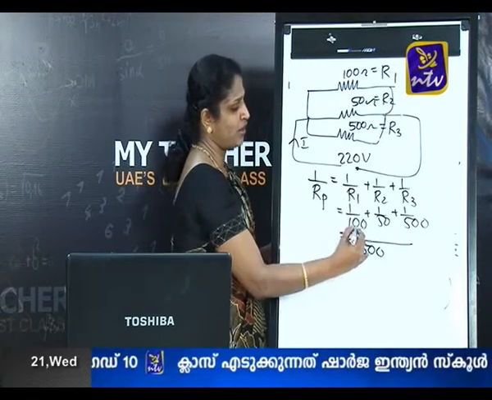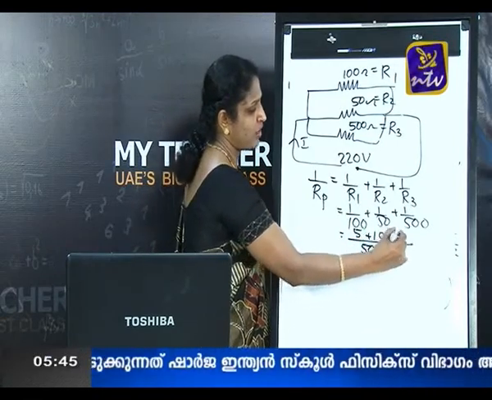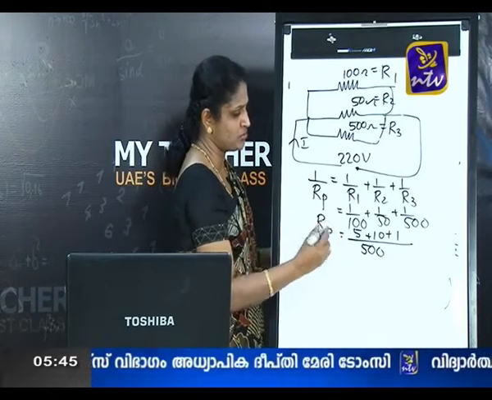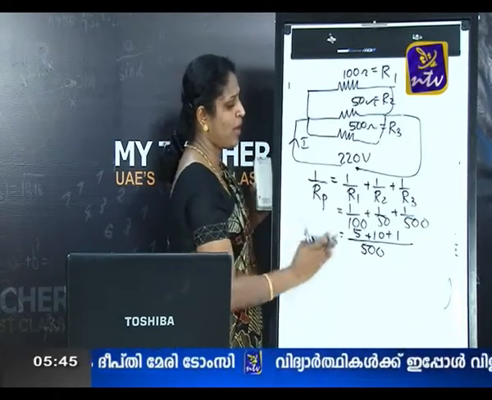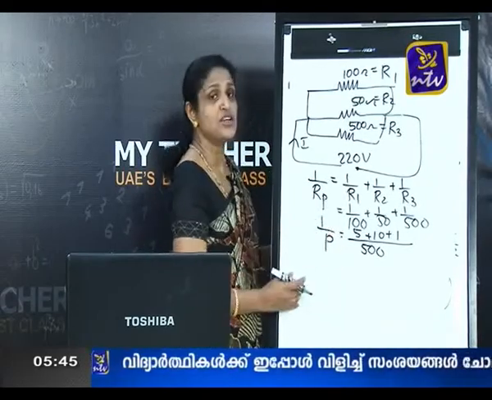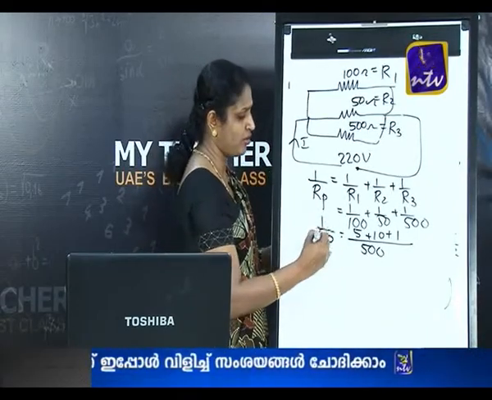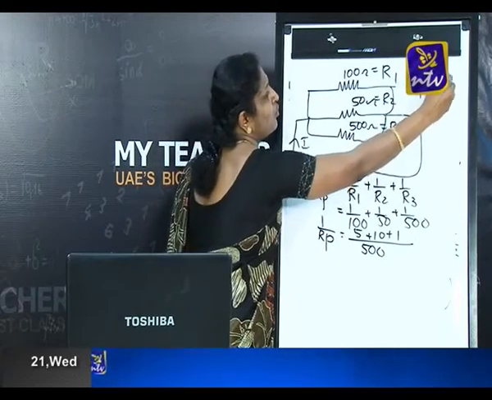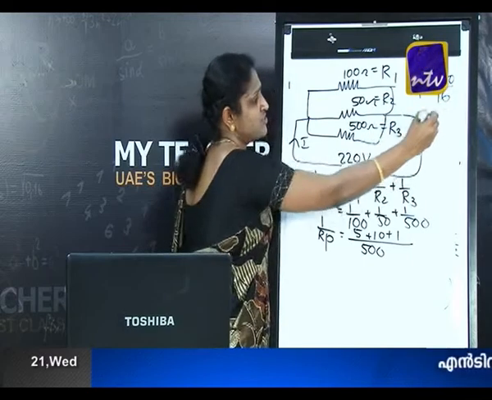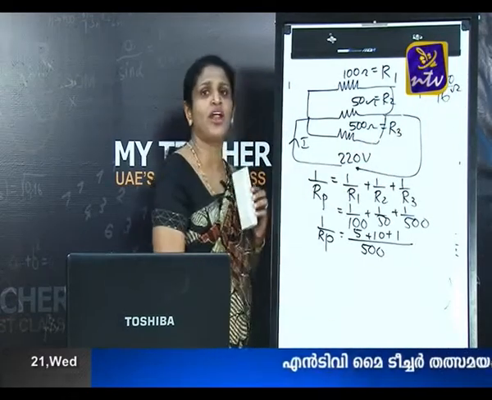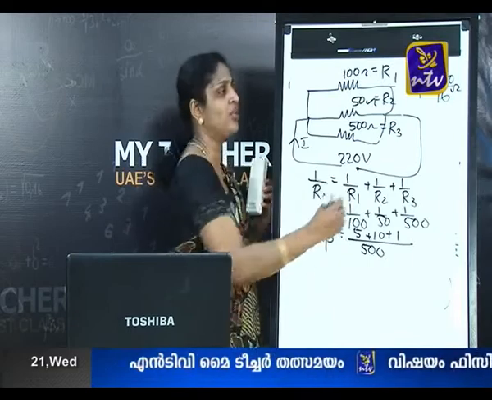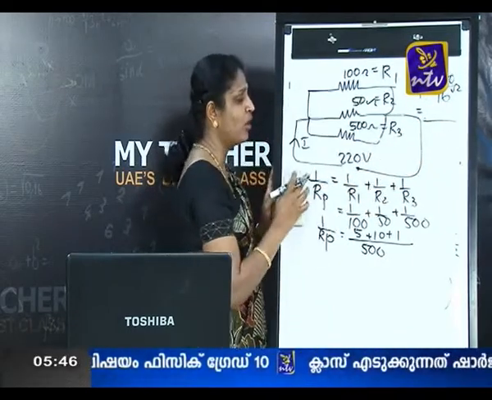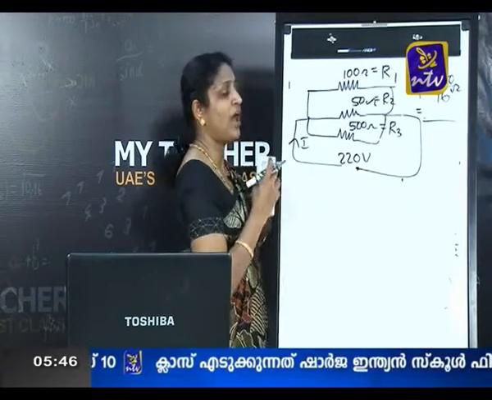Then you have to find it: 5 plus 10 plus 1, that is equal to 16. So 1 by Rp is equal to 5 plus 10 plus 1 divided by 500. So, you will get the value of the effective resistance Rp equal to 500 divided by 16 ohms. You have to divide this value and find out the effective resistance. You can cancel it and find out, and after that you will have to calculate the